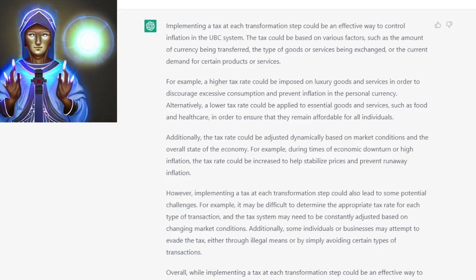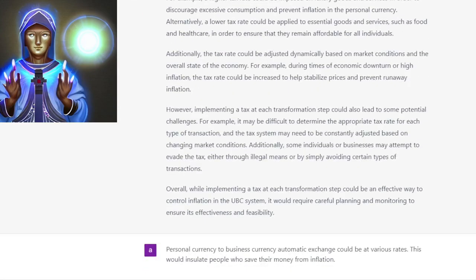For example, it may be difficult to determine the appropriate tax rate for each type of transaction, and the tax system may need to be constantly adjusted based on changing market conditions. Additionally, some individuals or businesses may attempt to evade the tax, either through illegal means or by simply avoiding certain types of transactions. Overall, while implementing a tax at each